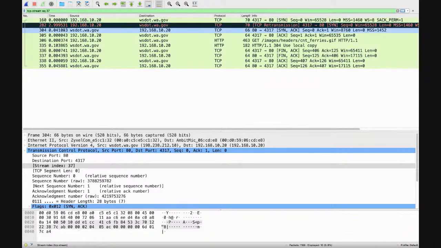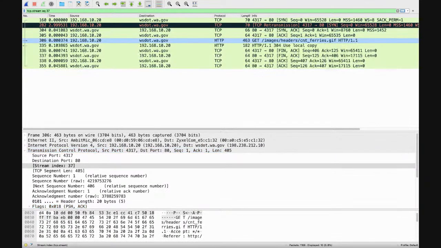Then we see that within 41 milliseconds, we get a reply back. And that is in line with what we saw before. It was about 39 milliseconds before. So that's in line with it. But this TCP SYN packet was lost somewhere along the path. So we waited 3 seconds, and this just adds insult to injury.